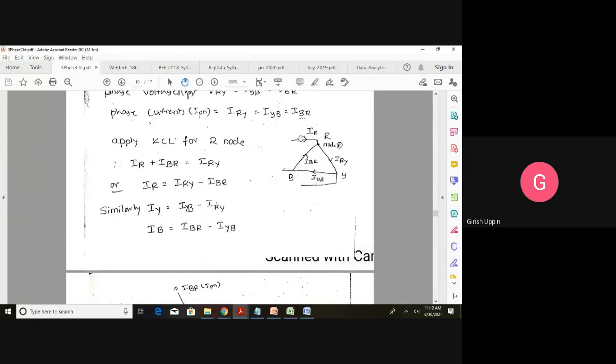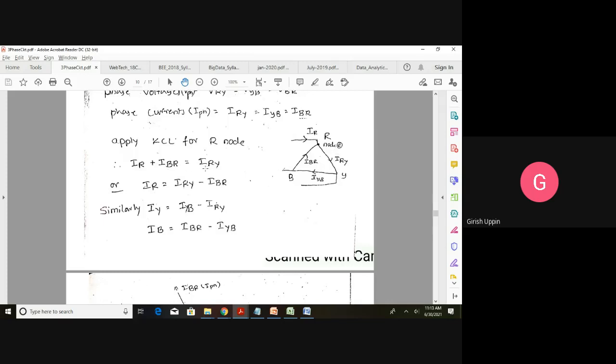Now, when you are drawing the circuit, I told you, remember the direction of the current. So this is the direction of the current IR. This is IRY. I'm not showing the coils here so that it is easy to see the currents. This is IRY, IYB, and IBR. So if I apply KCL at this node, that is node R, what will I get? You can see incoming currents IR, IBR. Those are the incoming currents. Outgoing current is IRY. So I can write sum of incoming currents is equal to sum of outgoing currents. That is IR plus IBR is equal to IRY.